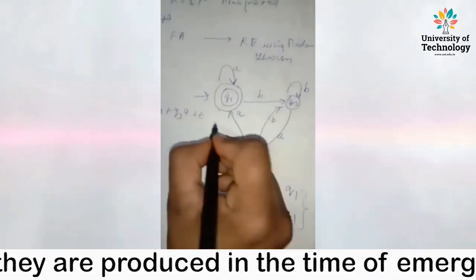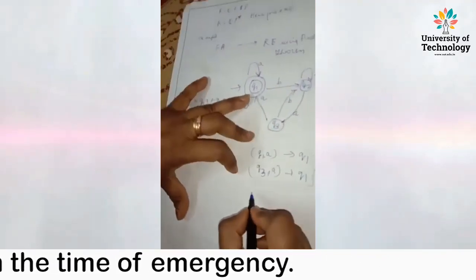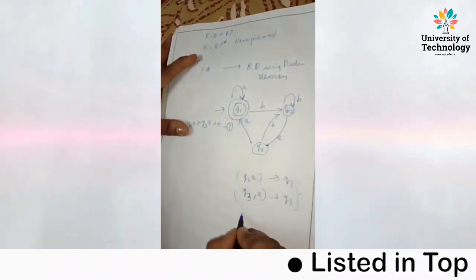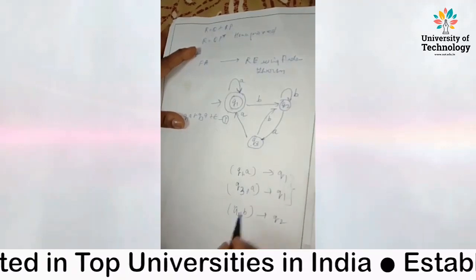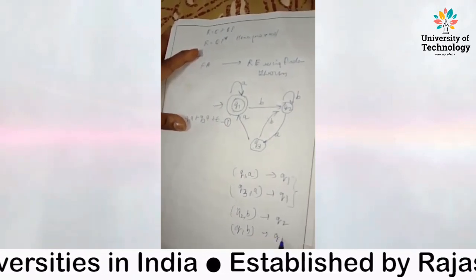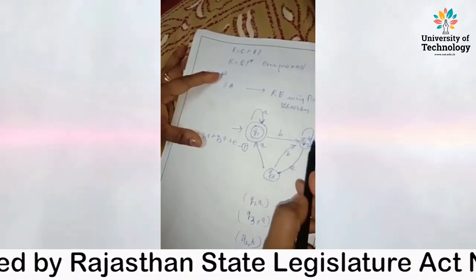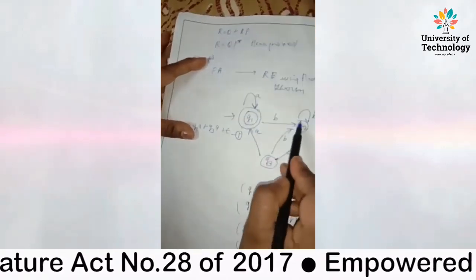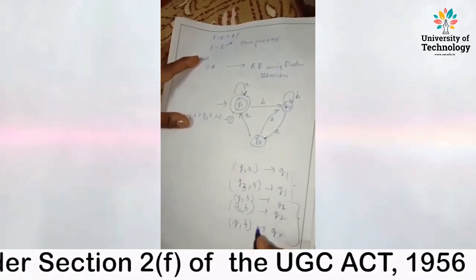We can mark it as equation number 1. Now, the second equation: how can you reach Q2? See, Q2 can be reached via Q2 only, that is, Q2B. You can reach Q2. Now, Q3B, you can reach Q2. Since from Q2B it reached Q2. Is there any possibility by which you can reach Q2 through Q1? Yes. Q1B, again, you can reach Q2. So these are the three ways by which you can reach Q2.